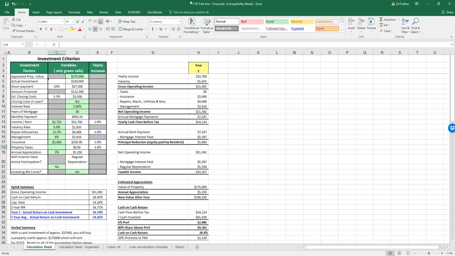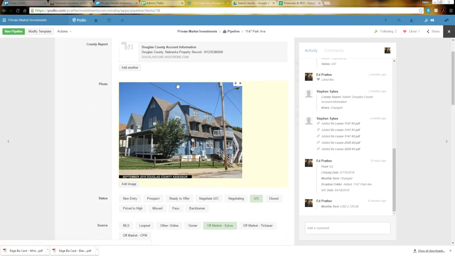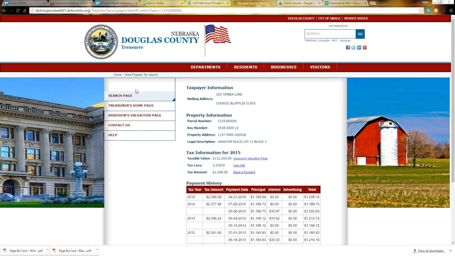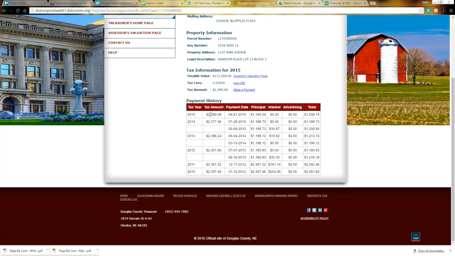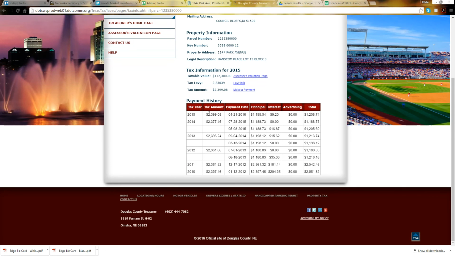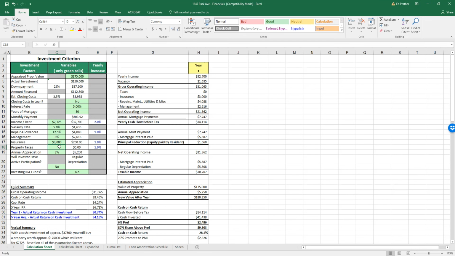And then property taxes, we're going to go back to Podio real quick. In this case, we're opening the link to the county report. Up here, we're going to click Treasurer's Tax Report, and we're going to pull the latest taxes. So it's 2399.08. All right. Now we can go back to Excel and put it in. 2399.08